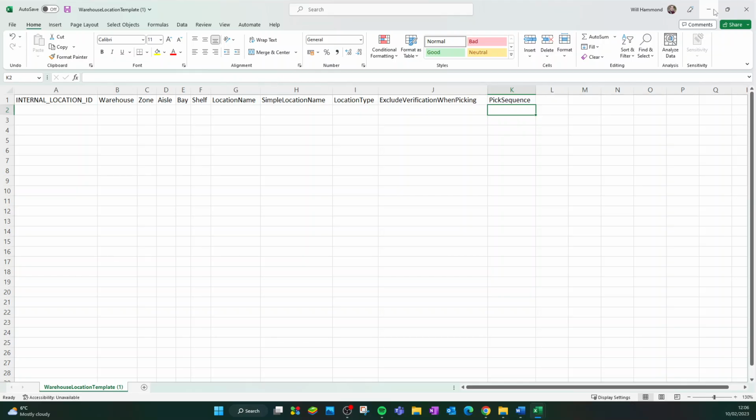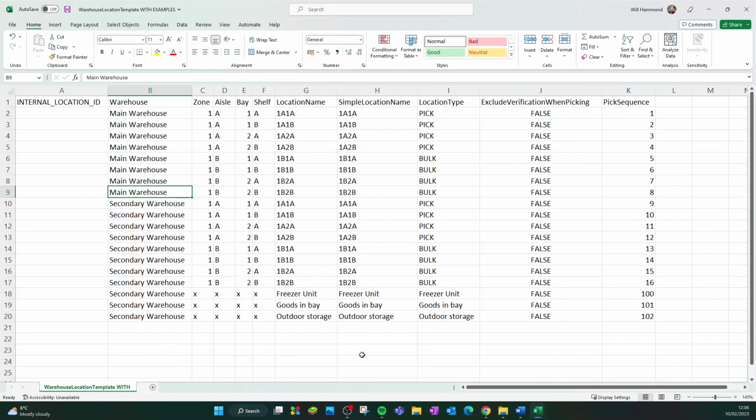You may have just seen on screen when this one was loading that I've got some example locations already filled out. You can see here I have a main warehouse and a second warehouse. Both warehouses only have one zone, so zone is 1. Each warehouse has an aisle A and an aisle B. Each aisle has a bay that you stop at for picking, and then each bay has 2 shelves inside it. So for example, 1A becomes 1A, and this is a pick location, whereas all of my aisle Bs are bulk locations. I then have the pick sequence for the picking. If I save this, I can close it down,